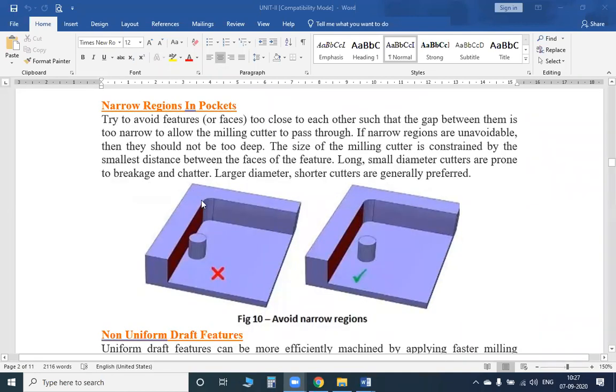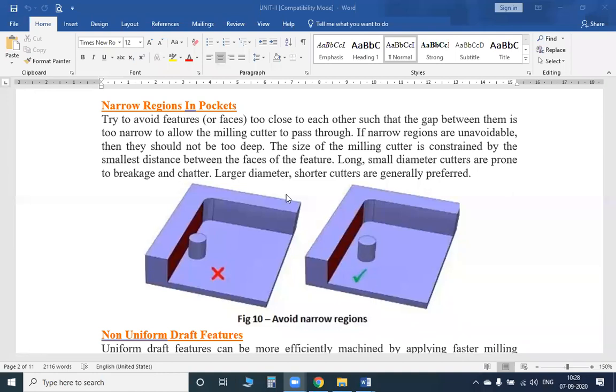See this diagram. It shows a rectangular piece with a cylindrical part beside it. It is explaining that you should leave some gap between the surface and the cylindrical piece. It must not be very near to the surface, because when you want to insert something into this circular hole, it cannot be inserted. So it is better to accept this type of piece.